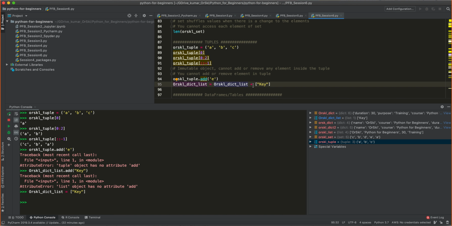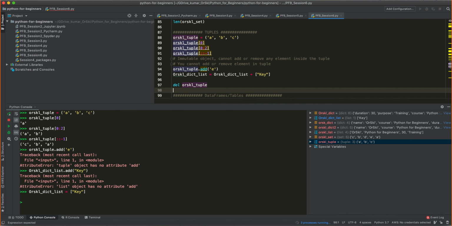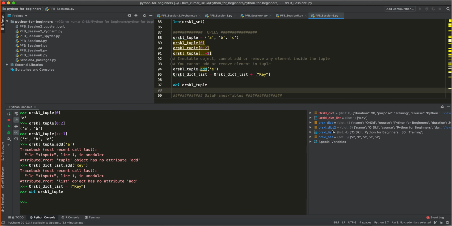What I wanted to tell you is: you can add a new element into the list, but you cannot add or remove any element from the tuple. That is why a tuple is called an immutable object. There is no add an element operation, no delete an element operation, and no merge or reposition an element operation inside the tuple. Once a tuple is created, the only action you can perform is to delete that variable. How to delete a variable? Just say del and then the variable name. It will delete the variable. You don't see that variable on this console. It is deleted from your Python kernel.